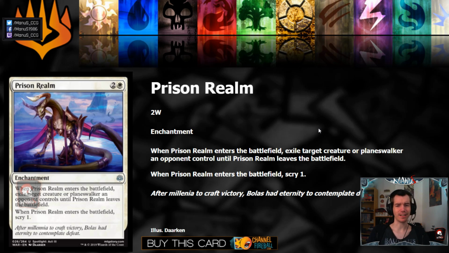This might also be decent in Constructed, but is probably, at least for now, overshadowed by Conclave Tribunal, because Tribunal costs 1 more, but the fact that it has Convoke makes it effectively probably cost half a mana less. I would say